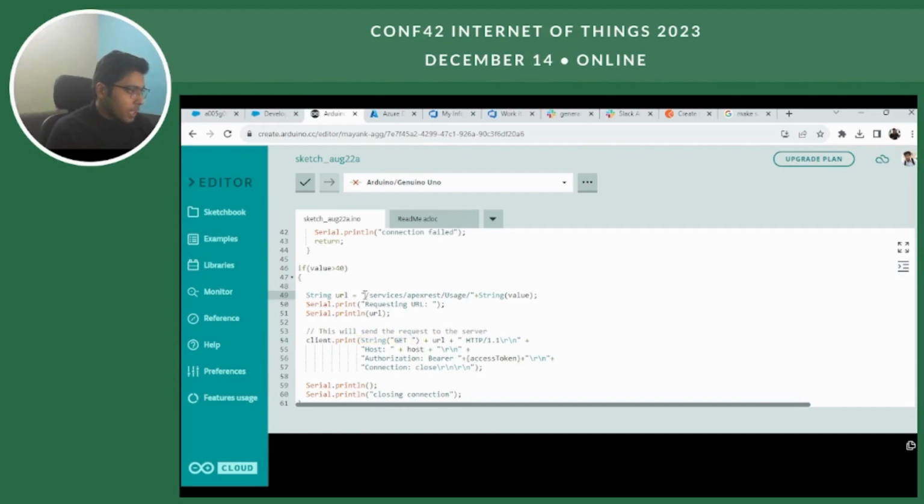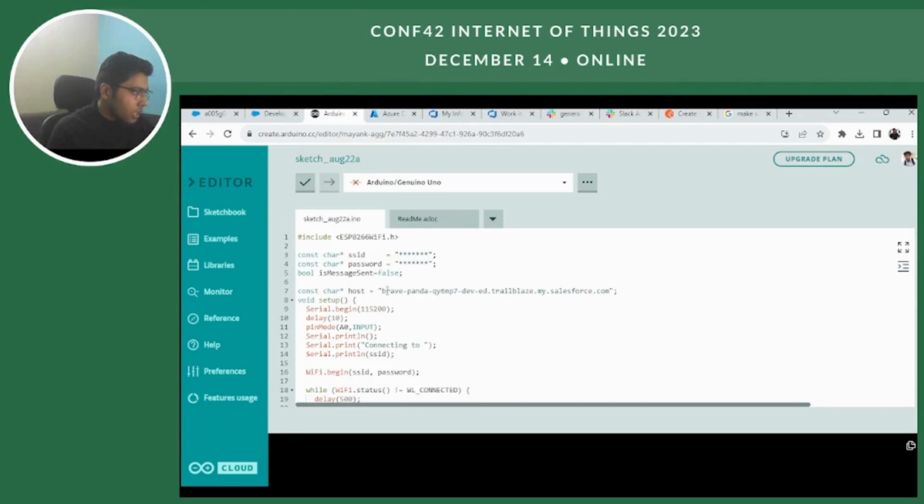This is the endpoint of that API, and it passes the value which is being recorded by our current sensor. Whenever this endpoint is hit, Salesforce gets the data present in this value variable and stores it in Salesforce. So this is the endpoint of my API, services slash apex slash usage.